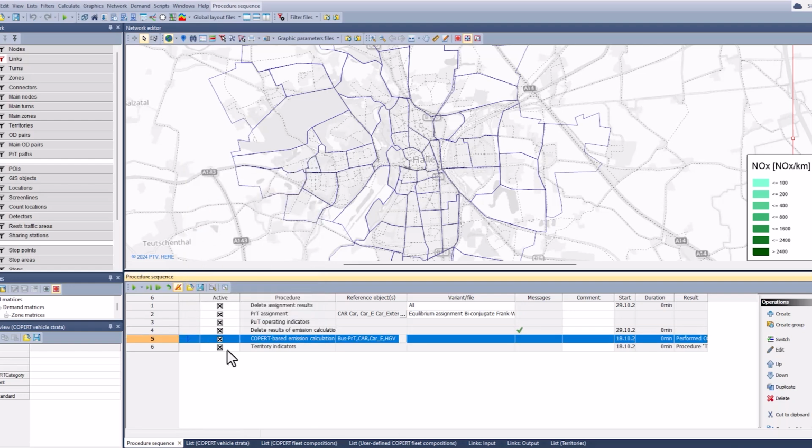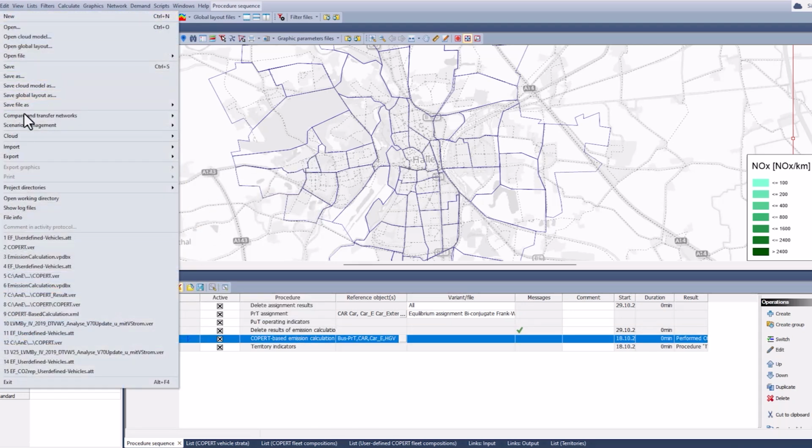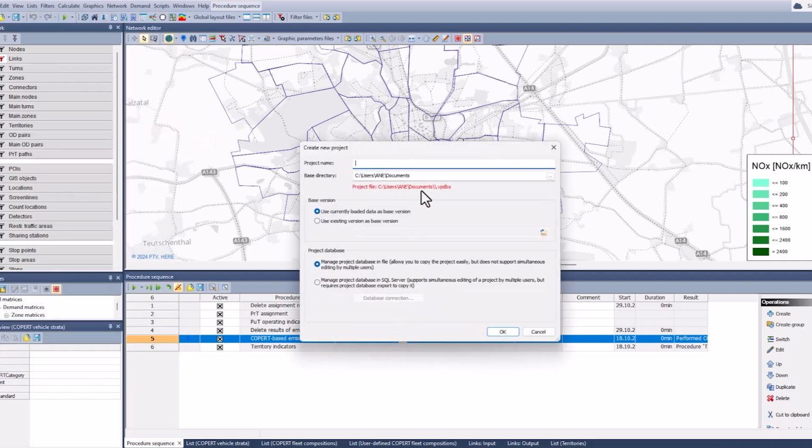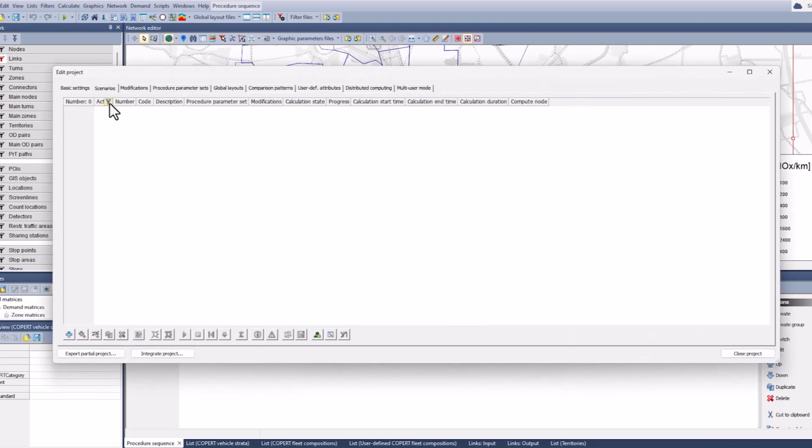So we now set up our scenario management project. So create a new project and a directory and choose a name, emission calculation. And what we first do now is we define our 3 scenarios. So as mentioned before, we have a base year for 2024. We have a future model for 2030, do nothing. And we have a future model for